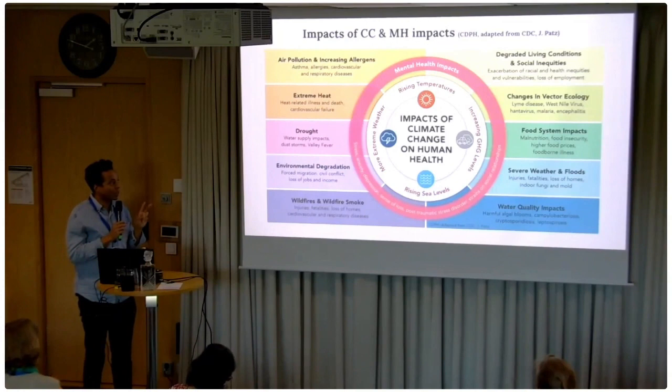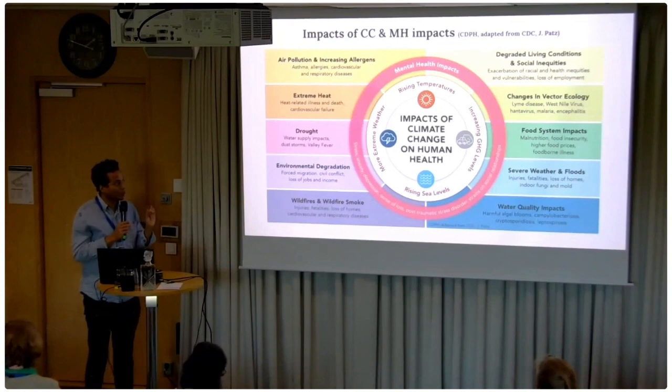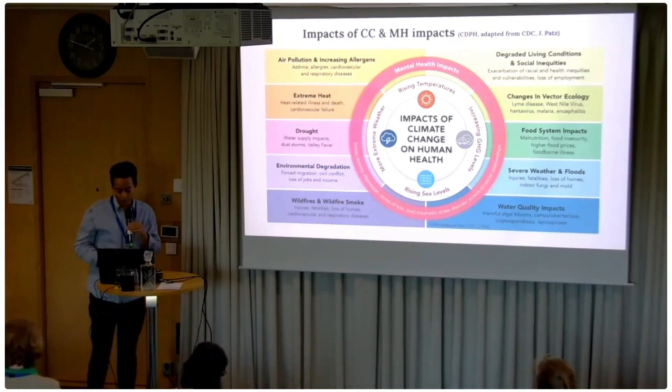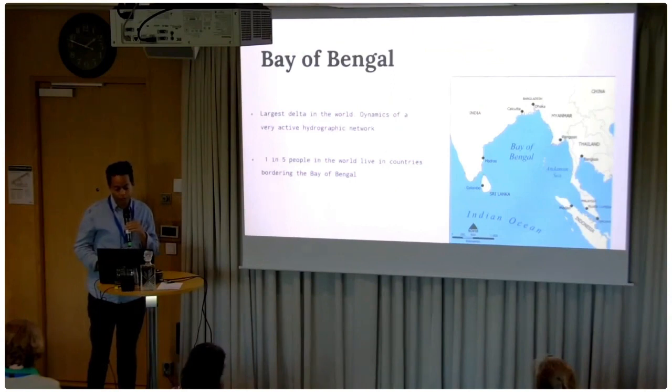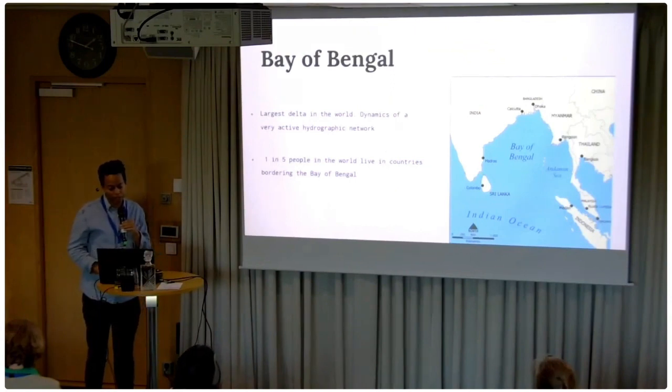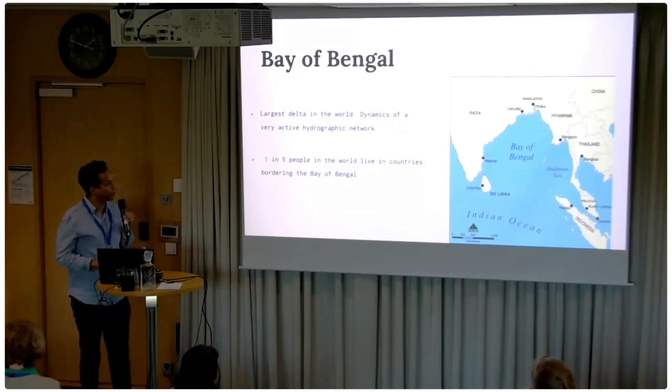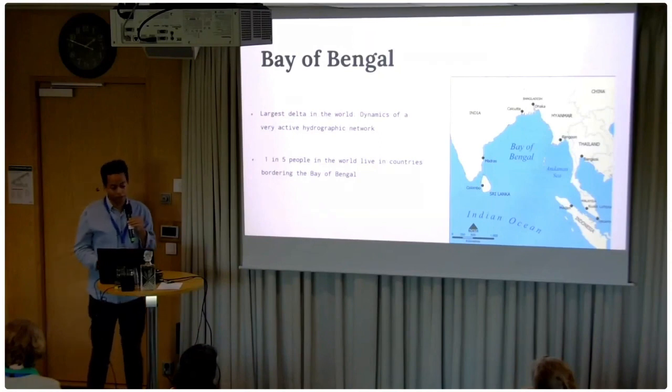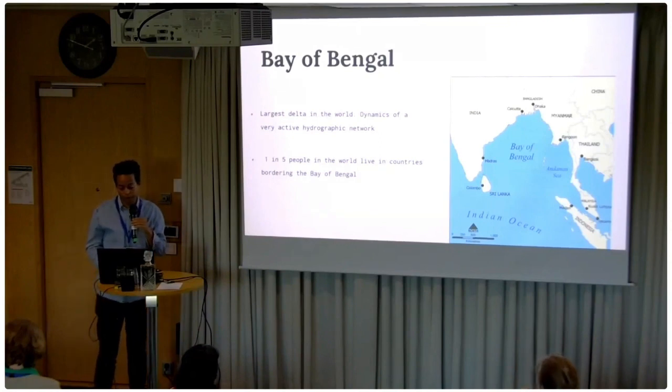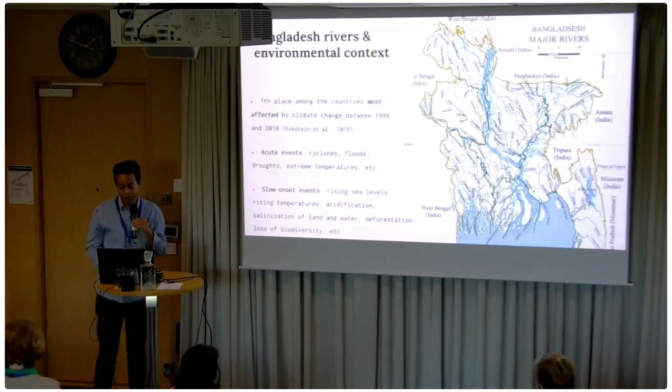But this connection is really difficult to explore, to analyze when we are doing research. So my research was in Bangladesh, and as you know, Bangladesh is in the Bay of Bengal. 20% of the world population are living in the countries bordering the Bay of Bengal. And if you look at the topography of Bangladesh, what is really important is that there are more than 800